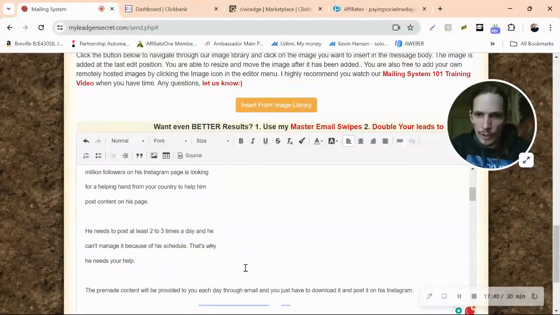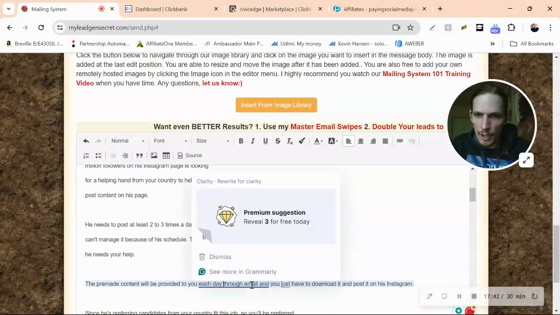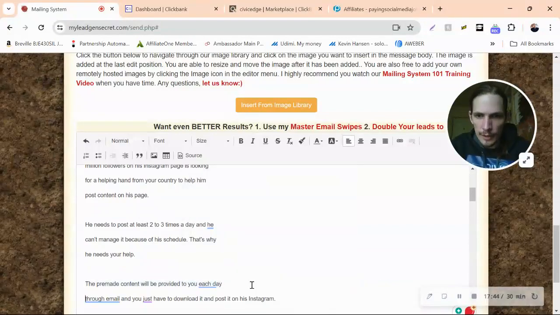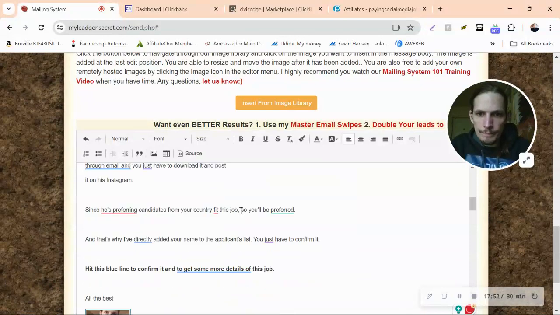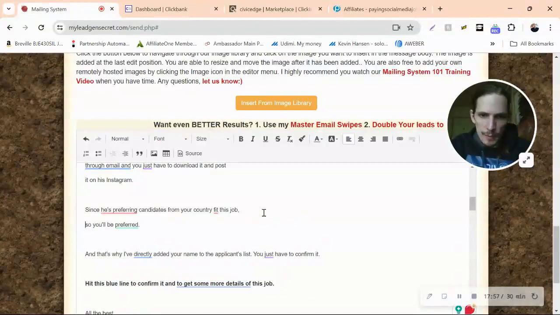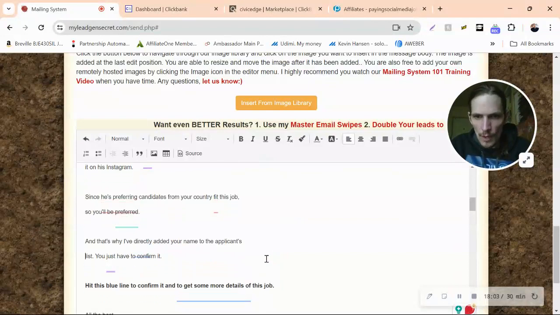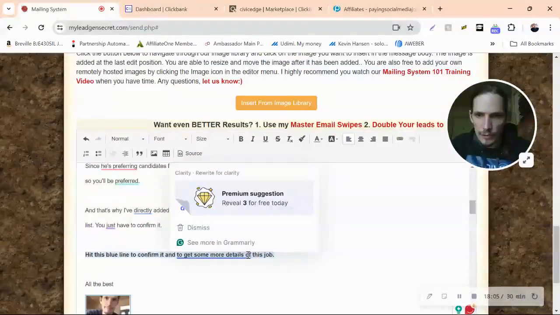I usually have software that writes mine for me, because I am not very good at converting emails. But this software actually writes emails really nicely. But this is what I do every day. I even dress those emails up, because sometimes they're too long. The software is good, don't get me wrong. But there are times where